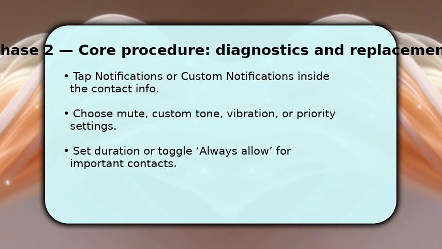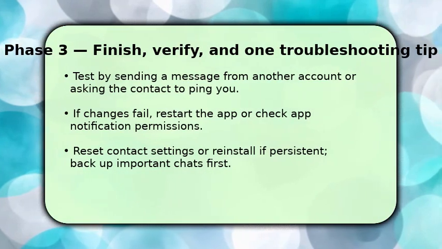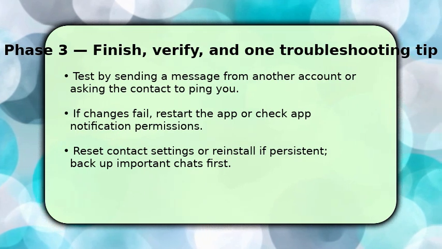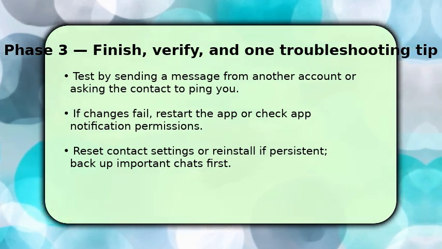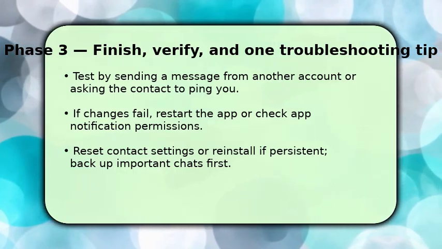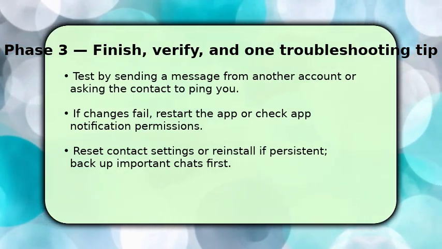You're almost done. Finish by testing the change. Ask the person to send a quick message or send one from a secondary account to confirm the tone or mute works. If you don't see the expected behavior, make sure app-level notification permissions are enabled in your device settings,